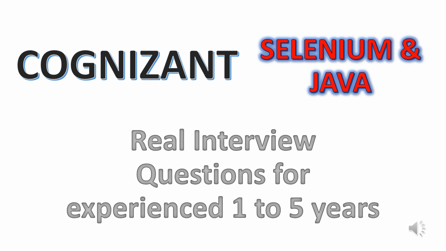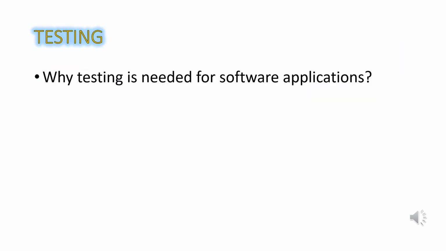This video is about Cognizant, Selenium and Java real interview questions for 1 to 5 years. Testing section. The first question is why testing is needed for software applications. So we need to explain the software application needs of testing. So why we need manual testing, why we need automation testing, performance testing, those things we need to explain in